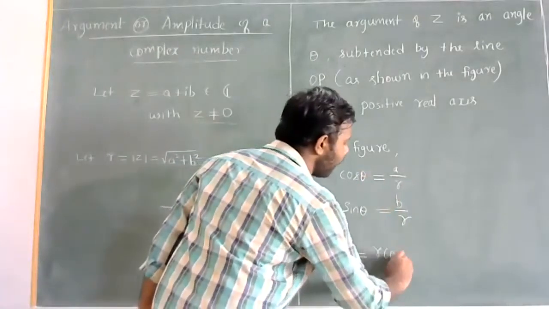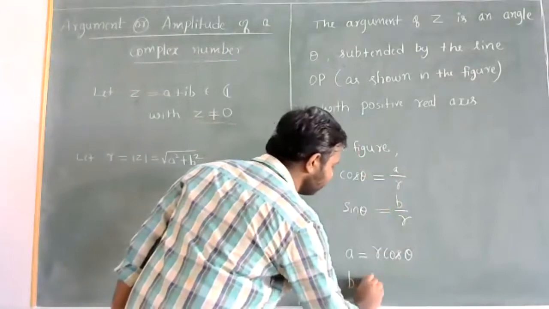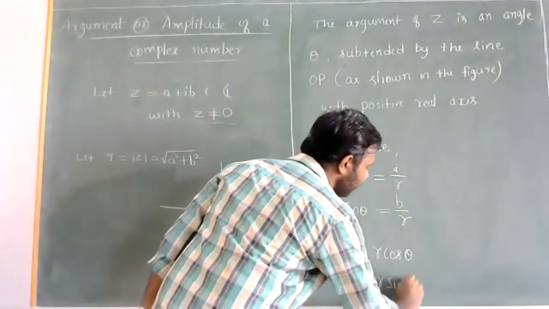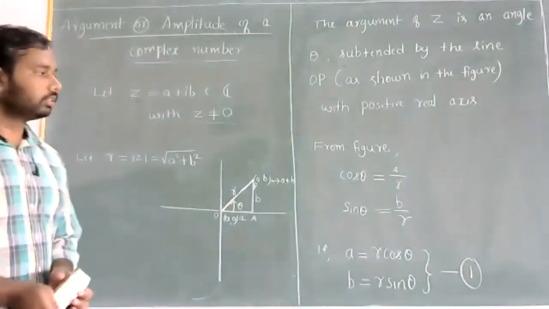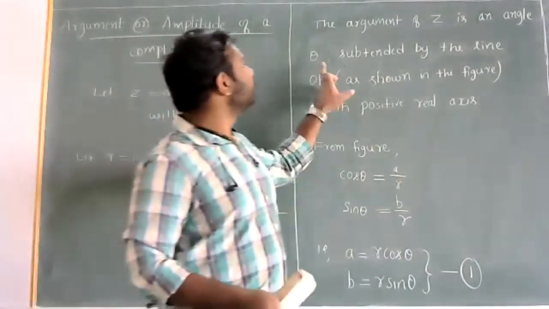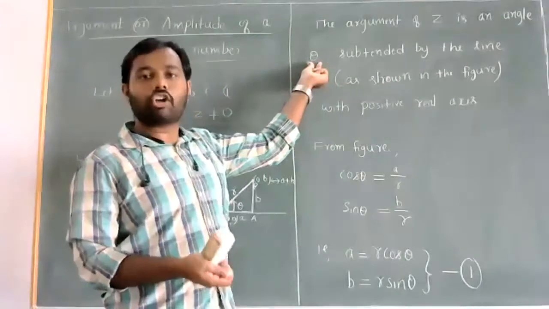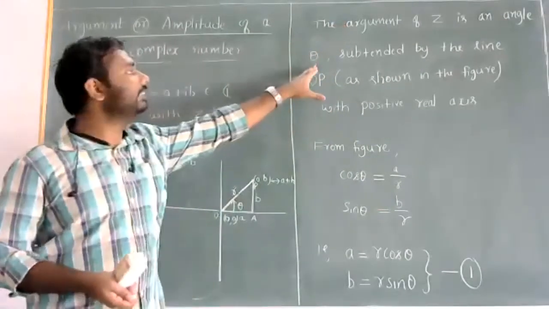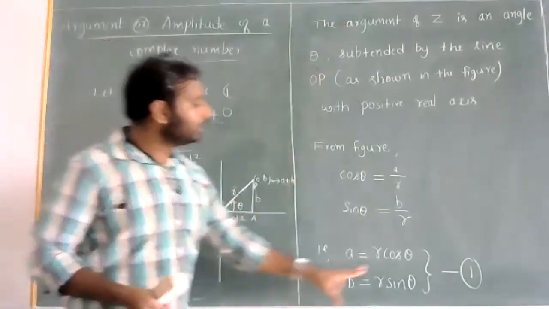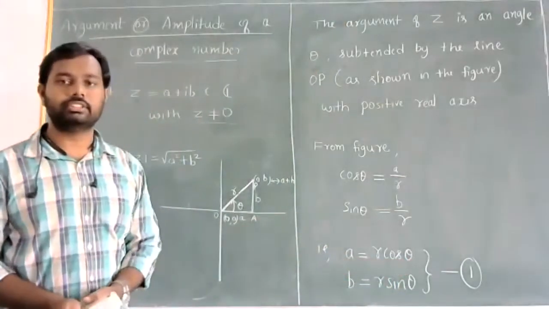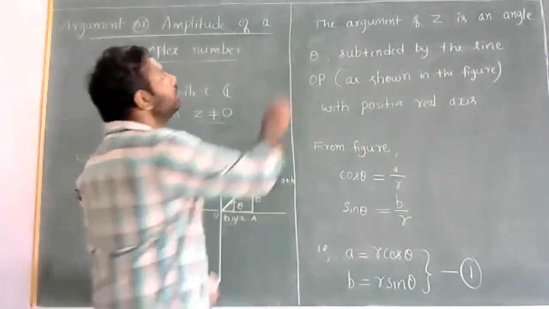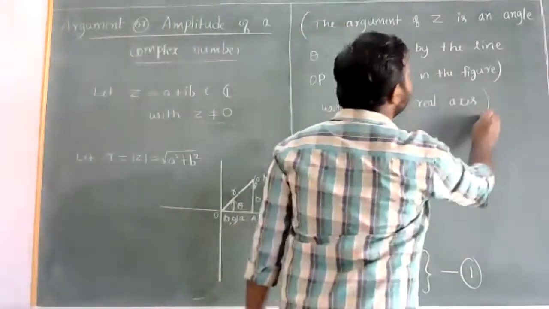A is equal to r cos theta. B is equal to r sin theta. So what that means? If I take theta as an argument of z, if I say theta is argument of z, then theta has to satisfy these two equations. So this is one definition of